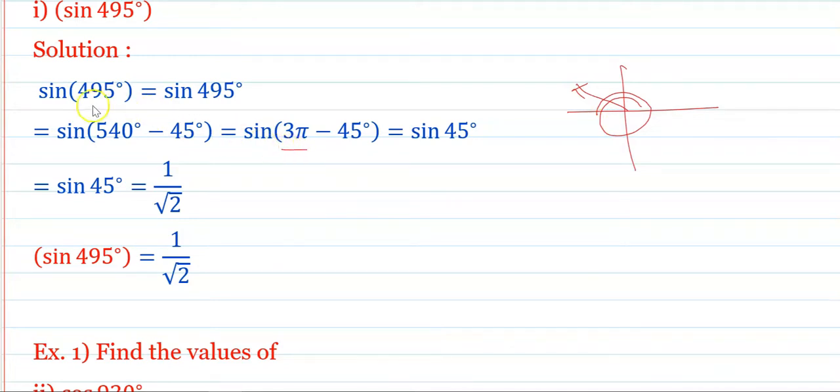Okay, आता सर्वप्रथम काय की 495 आपण कसं लिहिला? 540 minus 45. Okay, and that is nothing but the sine of 3 pi minus 45. Function remains as it is because integral multiple of pi plus theta or minus theta, the function remains as it is, and hence it is a sine of 45. And what is sine 45? It is 1 by root 2, and hence sine of 495 is equal to 1 upon root 2. Next,